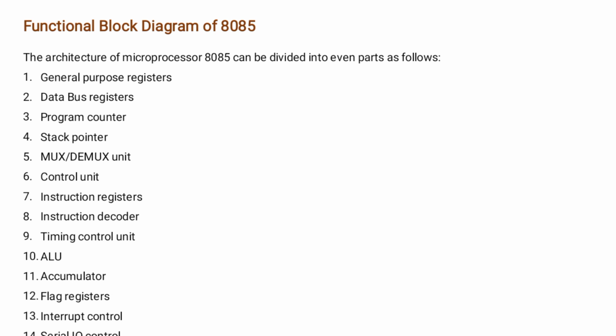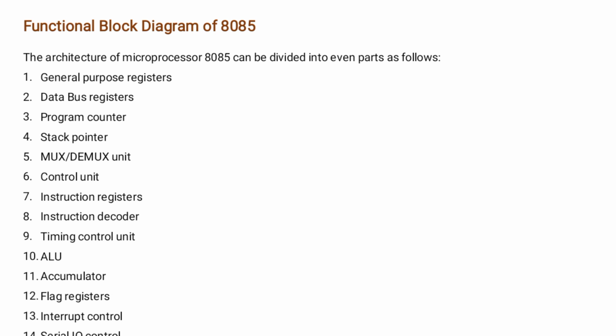Next is program counter. This is a 16-bit register that deals with sequencing the execution of instructions. This register is a memory pointer. Memory locations have 16-bit addresses. The microprocessor uses this register to sequence the execution of instructions. The function of the program counter is to point to the memory address from which the next byte is to be fetched. When a byte, that is machine code, is being fetched, the program counter is incremented by 1 to point to the next memory location.